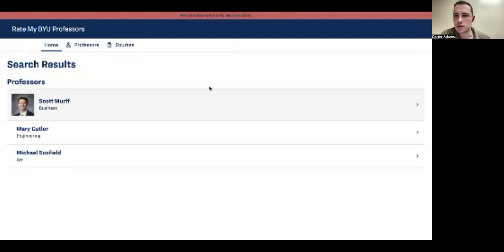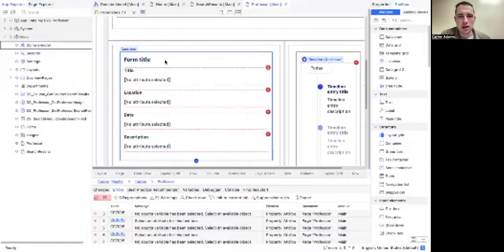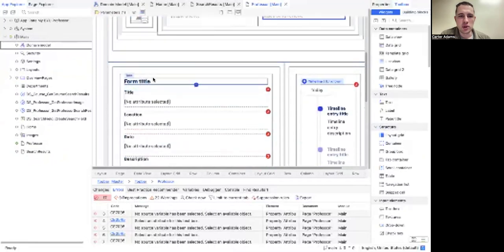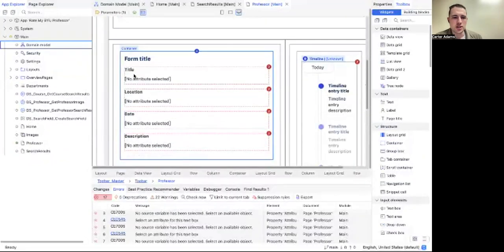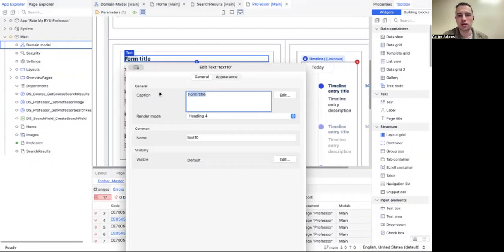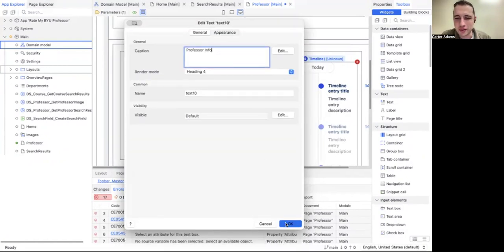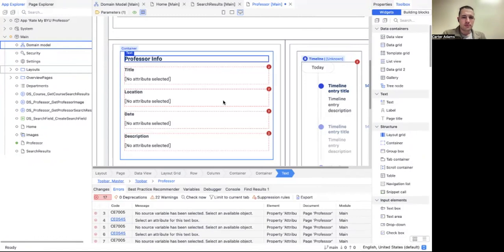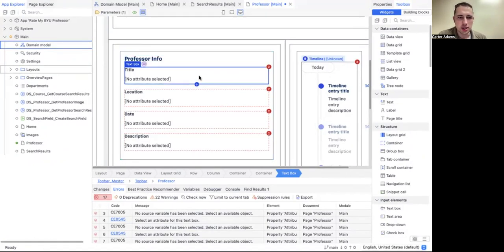Hopefully this won't impact the video too much, but now that we have an idea of what to put here, maybe we change this right here into like a place where we could put some information about the professor. So maybe we just change that really fast. I'm just going to double click into this form title, and maybe we just call it Professor Info. I don't know if you guys have a better name for it. Okay, and then each of these, we can actually probably just delete